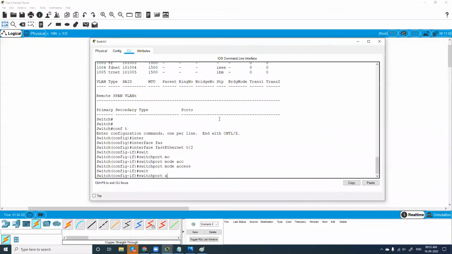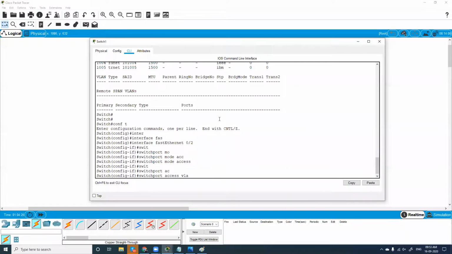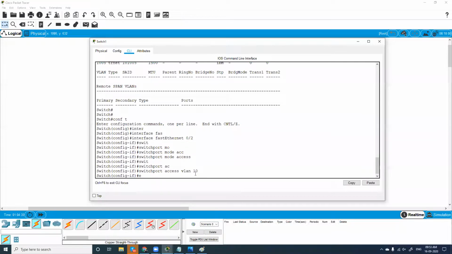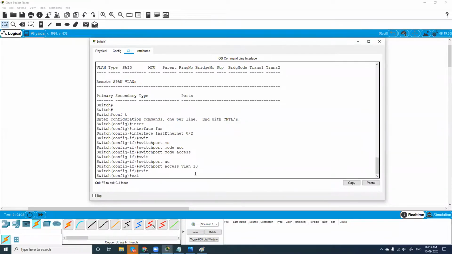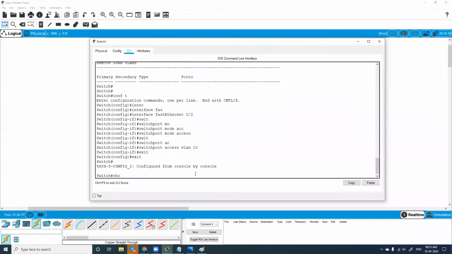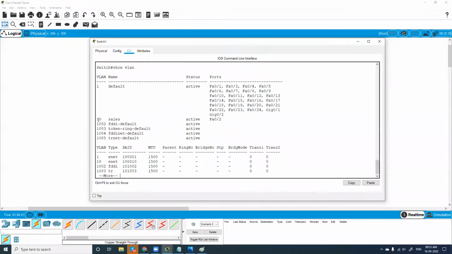I'll type switchport access VLAN 10. So I'm linking this interface 0/2 with VLAN 10. Enter, and just to make sure, I'll again type show VLAN. Now see here, I have 10 sales and port number 0/2 is linked with this.